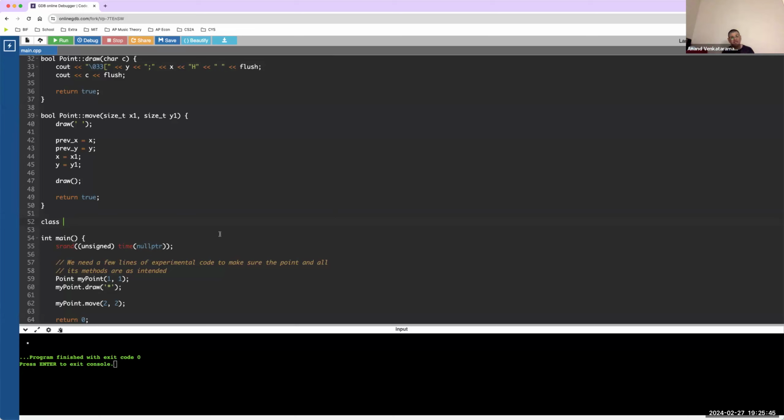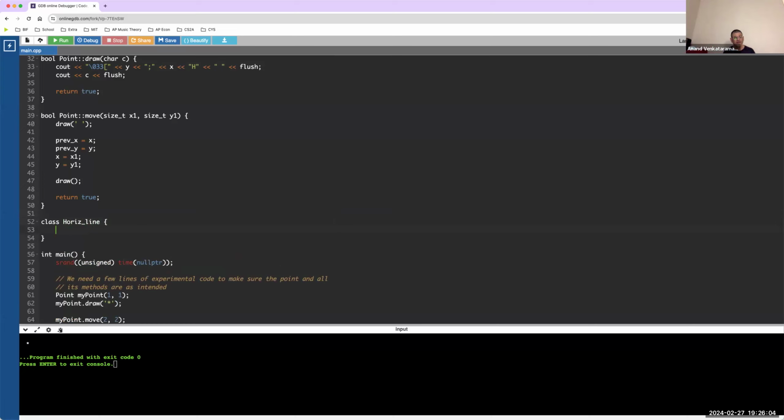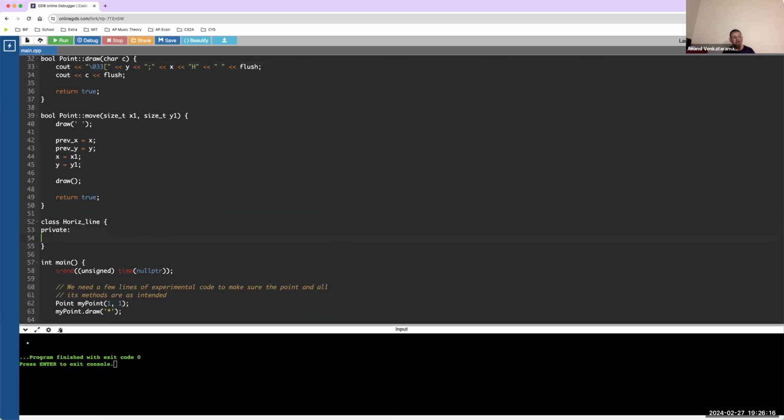So class space H line, uppercase H, and then line. Yeah, you can even just call it horizontal line, HORIZ underscore line. And then space curly brace. Inside, you're going to say private colon, and then unindent your private so that it lines up with the class. Right, on the next line, enter, indent in, and say point